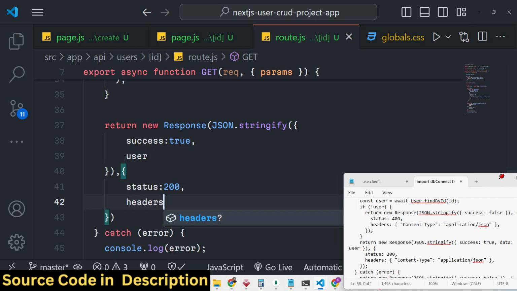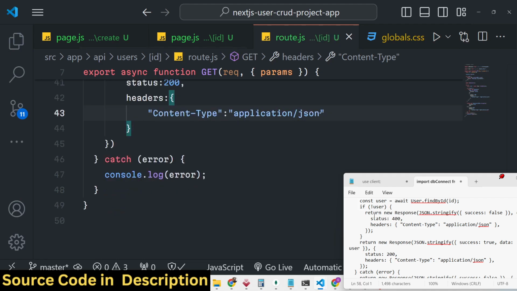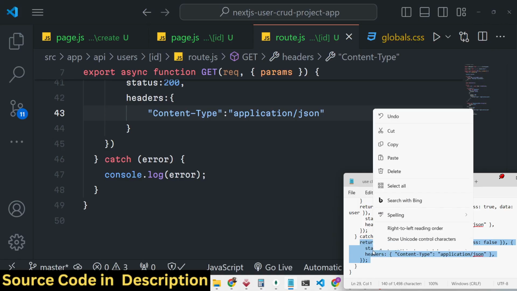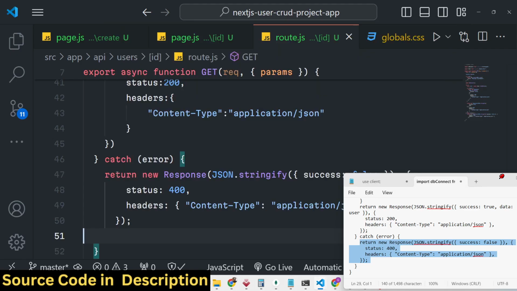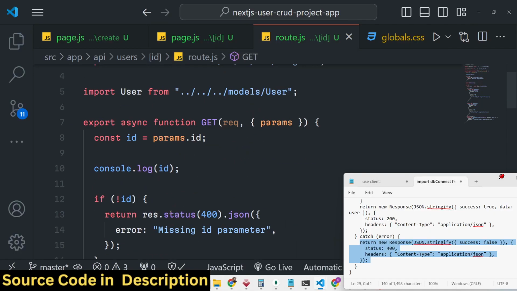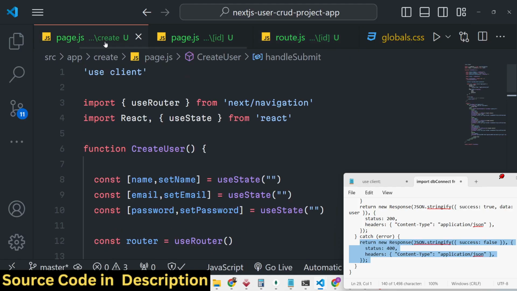So if any sort of error takes place, then we can even return this 400 error. So this is actually the full function. In the server side route, we define this get request. Now in the client side